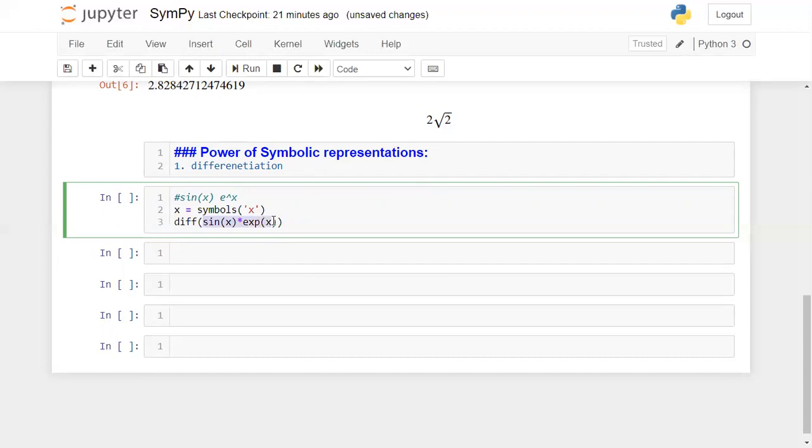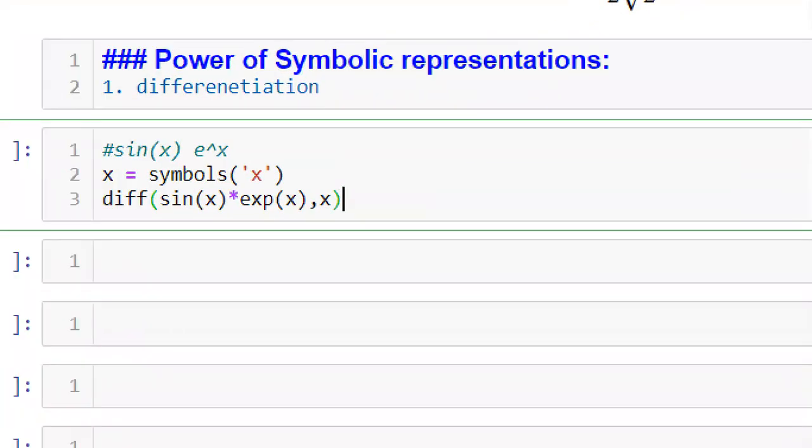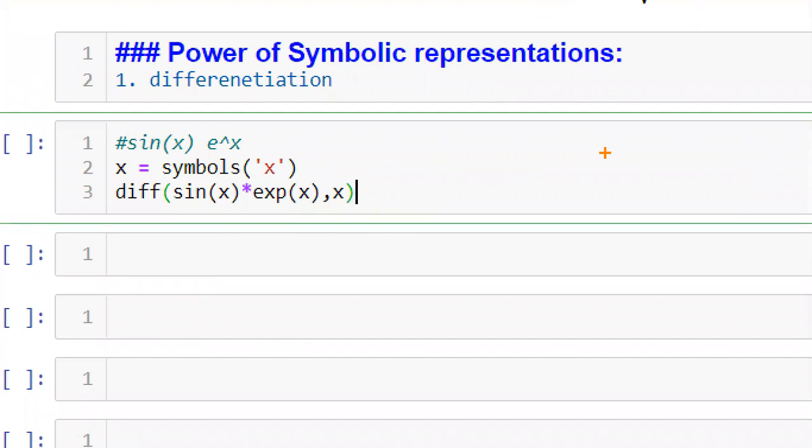On this function, I want to apply differentiation. Based on which variable? Variable x, so you need to mention that variable here. If you remember d by dx, the representation will be like this: d by dx of your function, that is sin x multiplied by exponential x.